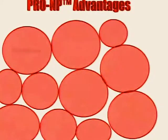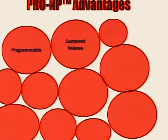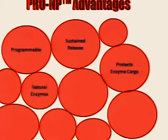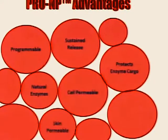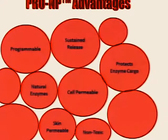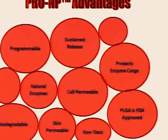So what are our real advantages? Well, two of them are you can program the release of the compound, and that allows you to do sustained release, so it can be released in the body days to weeks at a time. It protects the enzyme cargo, and these are naturally occurring enzymes that your body has anyway to control oxidative stress, and what we're doing is augmenting the supply. They're cell permeable, and they are so small they are skin permeable, so they get deep into the tissue where this oxidative stress is occurring. They're very well known to be non-toxic. In fact, PLGA is in FDA-approved products, and it's completely biodegradable by the body, so we don't really believe there'll be any